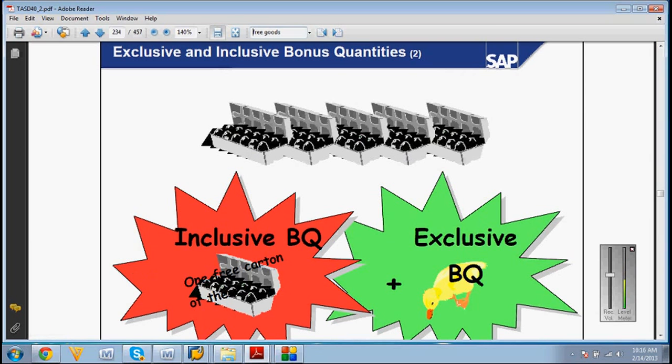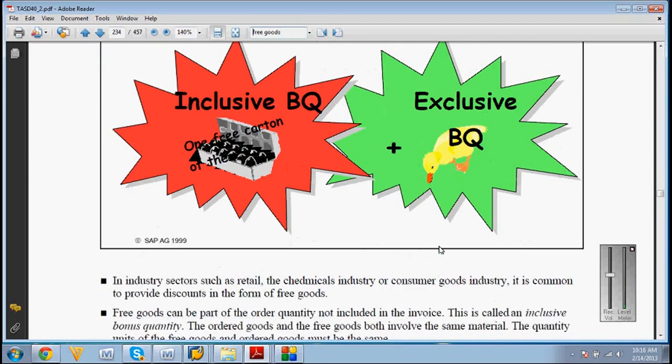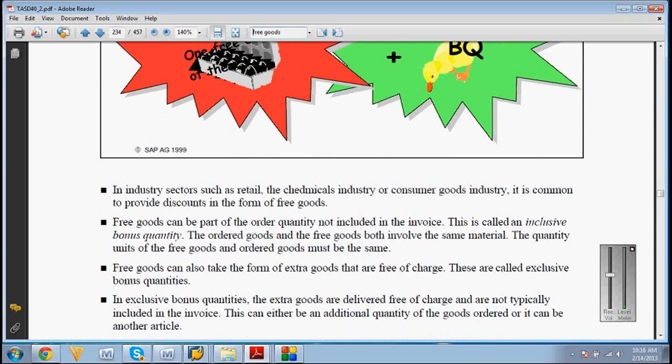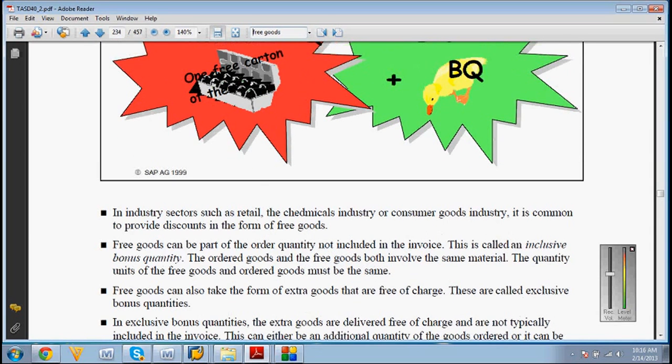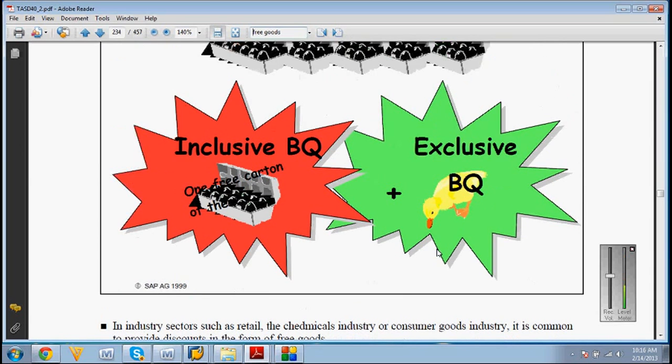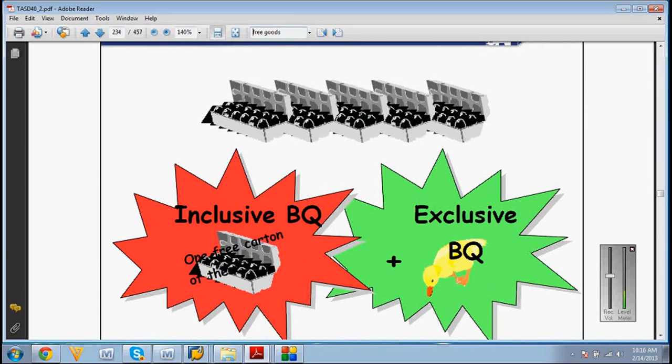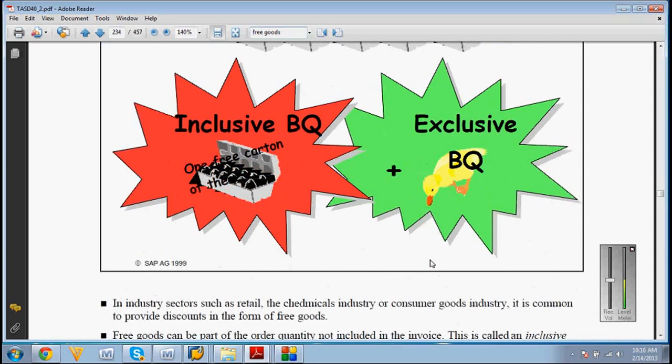That is called inclusive. Exclusive means after 5, you are getting some exclusive bonus, one more product along with that. It is not that same product, it is something else.